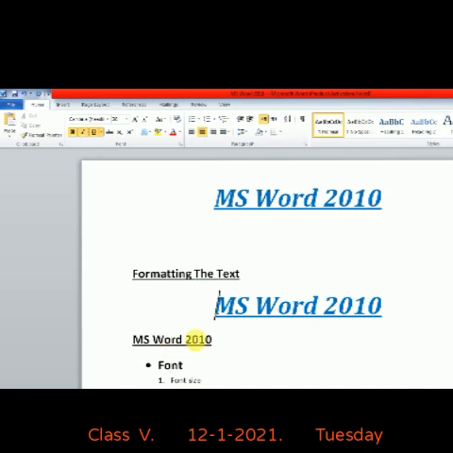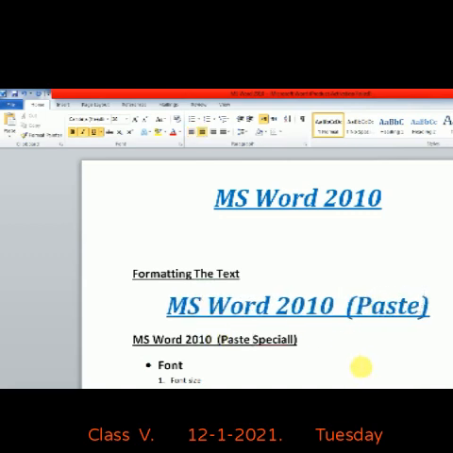But if I use the Paste command, then it does not change its colors and font style, etc. I hope you understand the basic purpose of Paste Special and the difference between the Paste and Paste Special features. My next topic is the undo and redo commands.